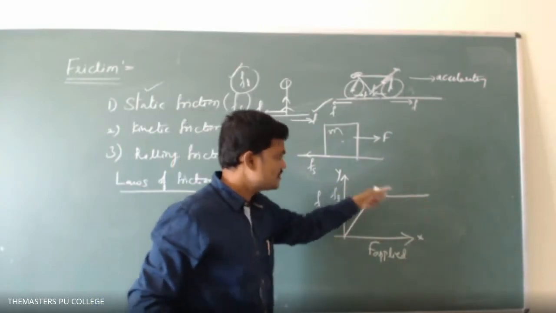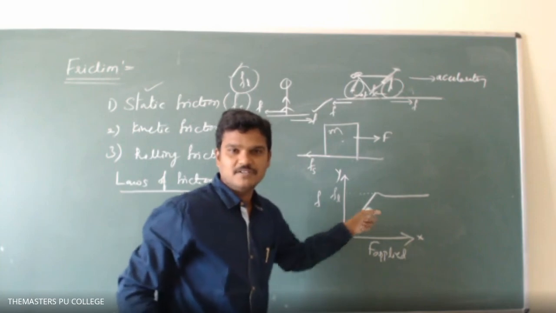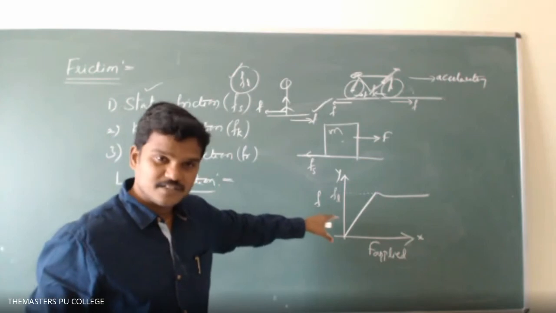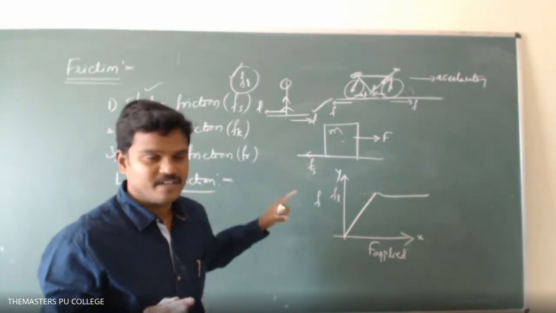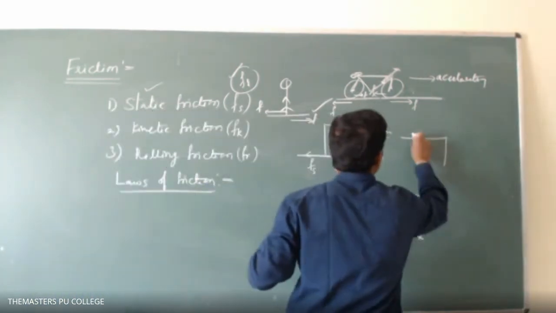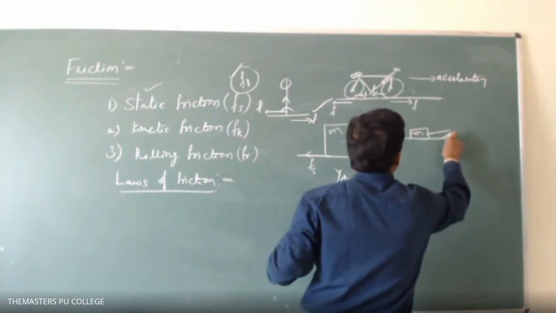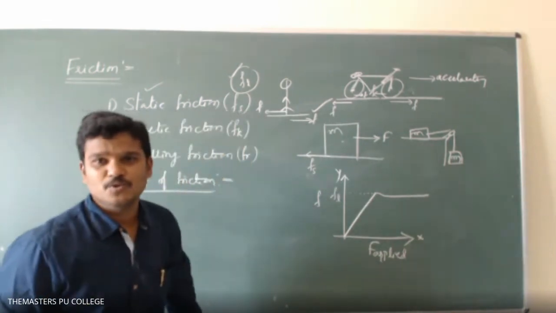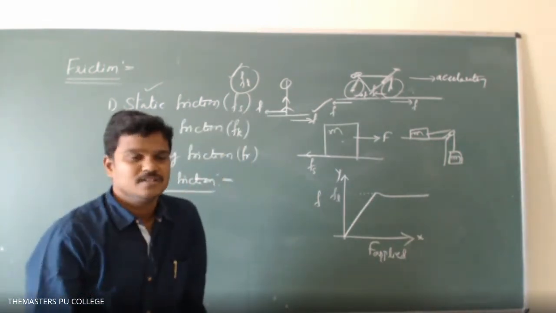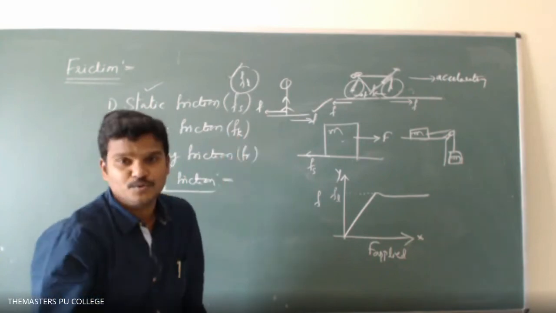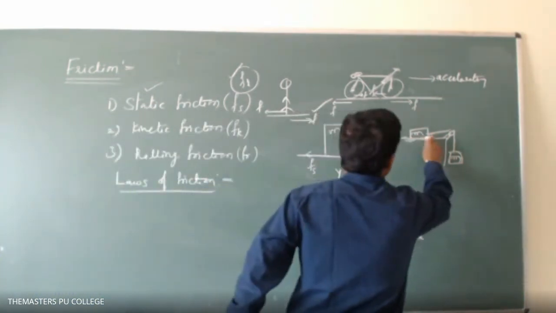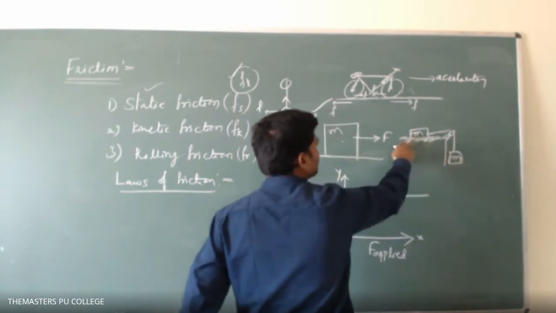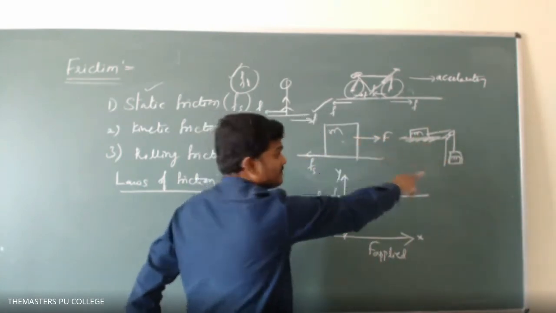So static friction is converted into kinetic friction. This is an experimental observation; this graph is one of the observations from the experiment. For example, as in previous chapters, a block is placed on a horizontal surface, and another is suspended vertically, with the wire passed over a frictionless pulley. There is friction on the surface. If the two masses are equal, the body is ready to move. If the hanging weight increases a little,